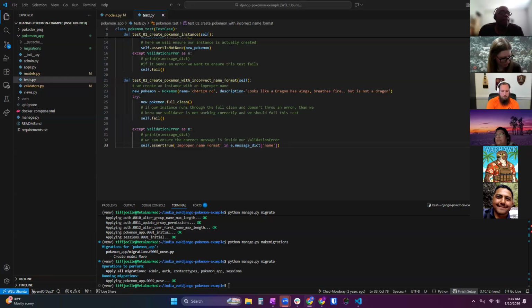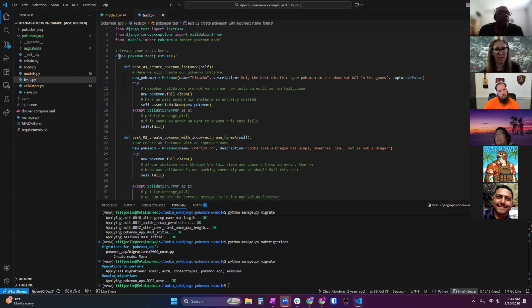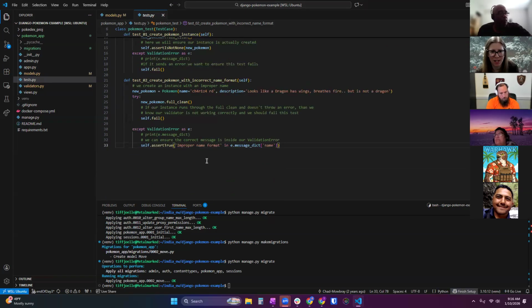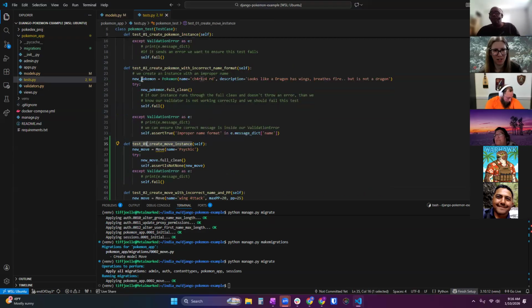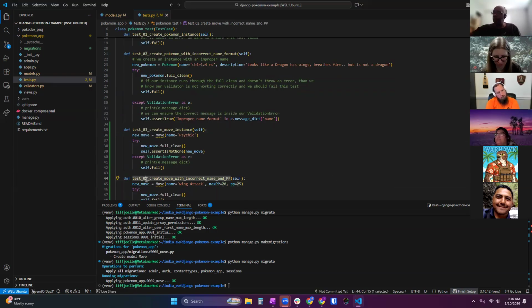So let me copy in the README here. I am just going to throw them right underneath. I'm not going to make a new class because of the way the unit tests work in Django here and how it targets these by running manage.py test. So I'm just going to throw them all underneath this one class here. But I am going to rename them not to be 1 and 2. We're going to start where we left off and do 3 and 4.